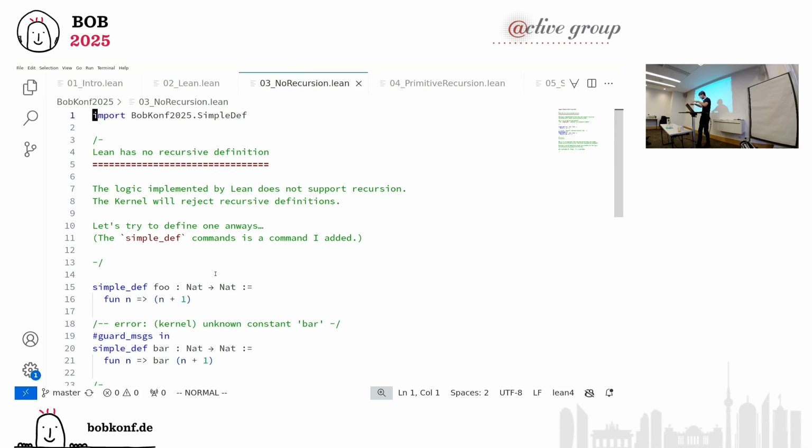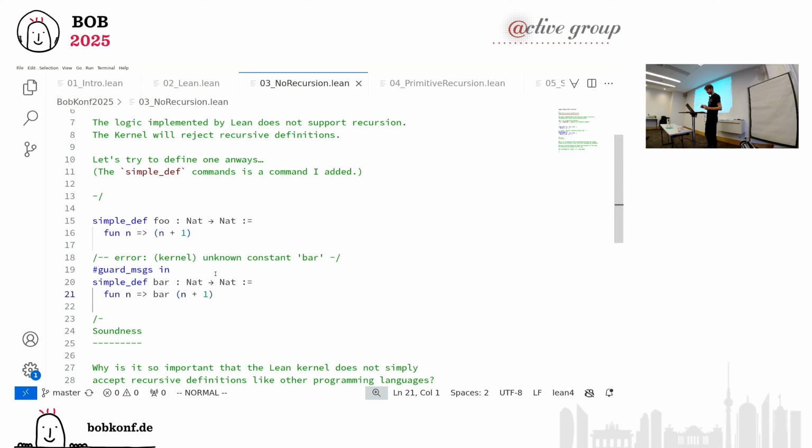Now, Lean, the system as a whole, usually tries really hard to shield you from things that the kernel will complain about. So it will only elaborate things that are correct and then pass them to the kernel for double checking. But Lean is extensible. So earlier today, I wrote this little command, simpledef, which is like def, but it does less elaboration. So you basically get to write things more rawly, and then pass them to the kernel and see what happens. And I can use this to define a function that returns the successor of an argument. But if I try to write a recursive function with this thing,